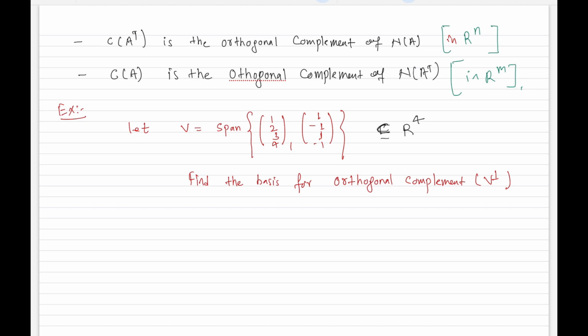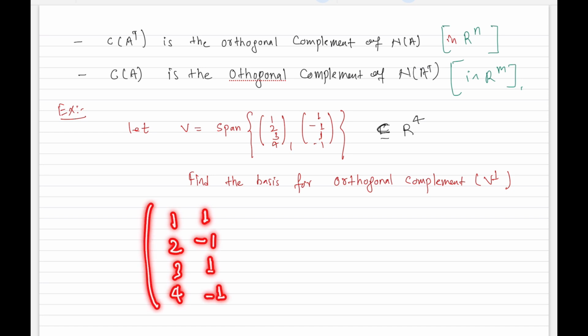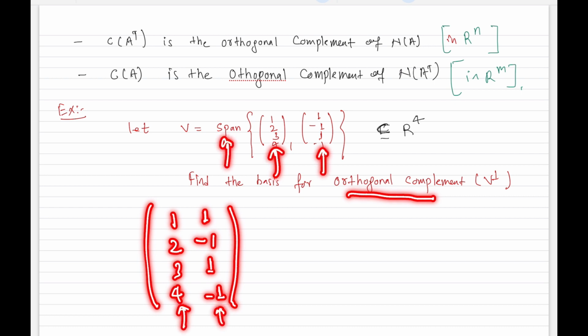Suppose I put the given vectors into a matrix. If I make a matrix out of these vectors, right, and I have to find the orthogonal complement, so what do I need to find? If I consider these vectors as column vectors, then their span will be the column space, right? And if we have the column space, we know from the